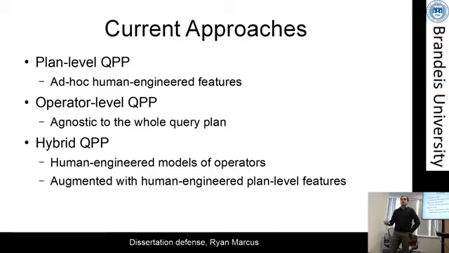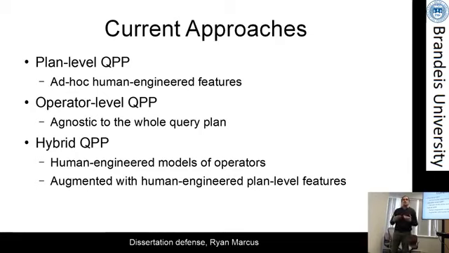There's also operator level QPP. In operator level QPP, human beings try to engineer a model for each individual query operator, like a scan or a join, and then they sum all of those up for a query plan to get a prediction for the entire thing. The main problem with operator level QPP is that it's agnostic to the structure of the entire query plan. When you're trying to decide how long a join is going to take, you're not taking into account how long the things underneath it are going to take. There are also hybrid approaches where a human being sits down and engineers both a model of operators and a model of plans, and then puts all that into a machine learning algorithm and hopes for the best. The problem with all of these approaches, we argue, is that